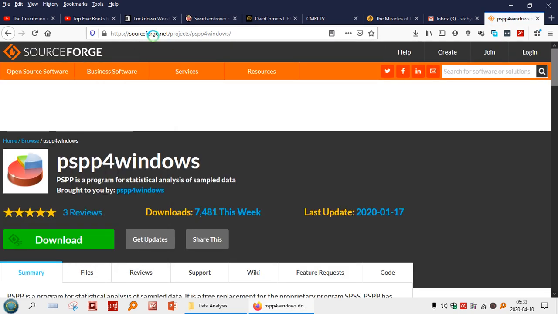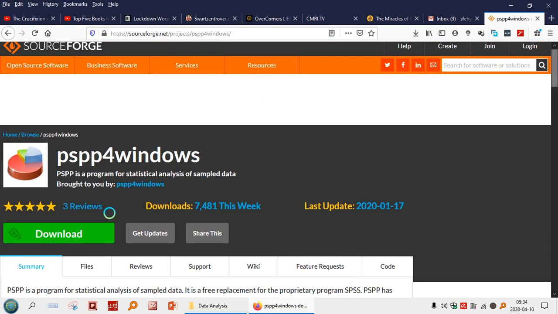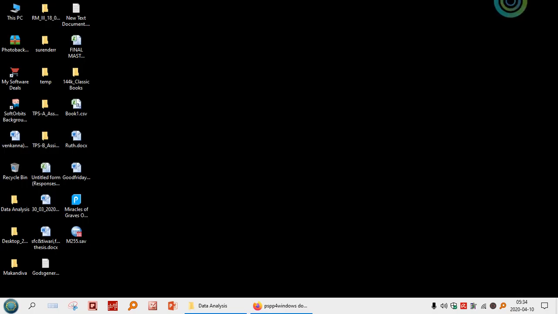SourceForge.net is an open source repository of various applications. So here you can go and download PSPP for Windows. I'm not going to do it because I've already done it. So we'll go straight to